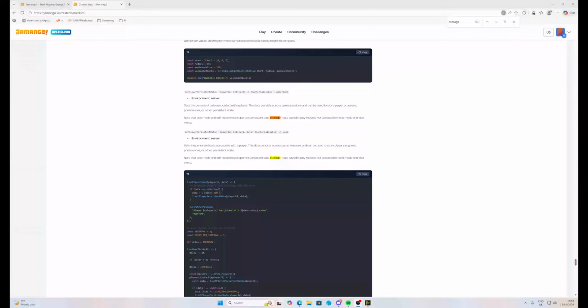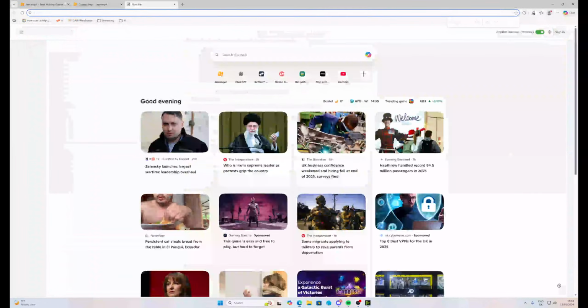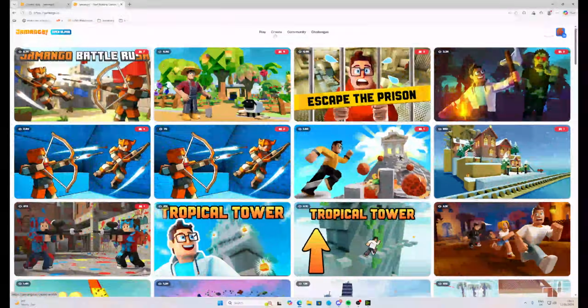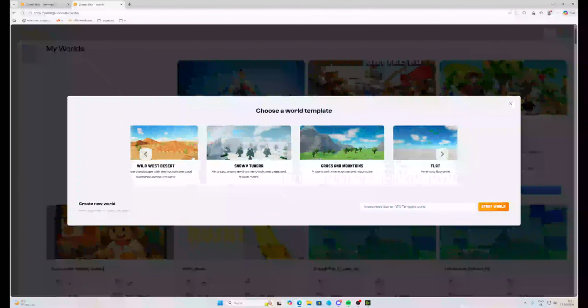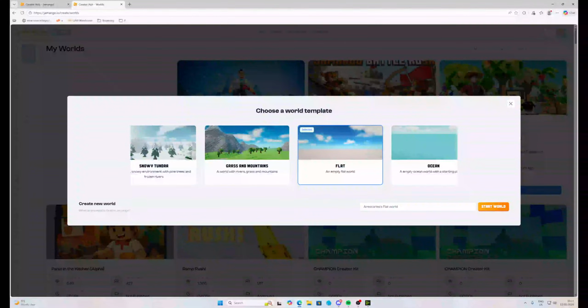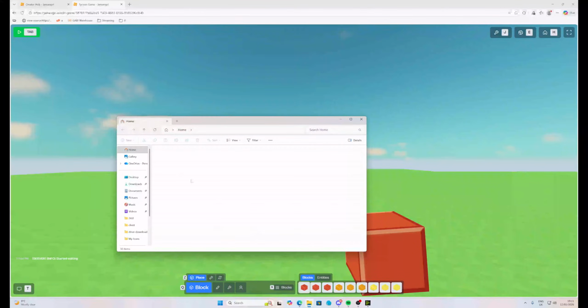So the first thing we're going to do is just set up a new project here in Jamango. I'm going to go to Jamango, hit create a new world, and I'm going to start with a flat world. We're going to name this Tycoon game. We can change this later, but that will do for now. And then while that's loading,